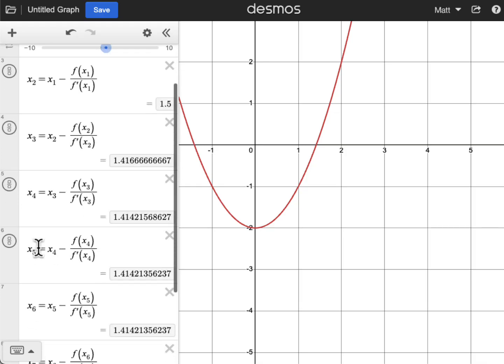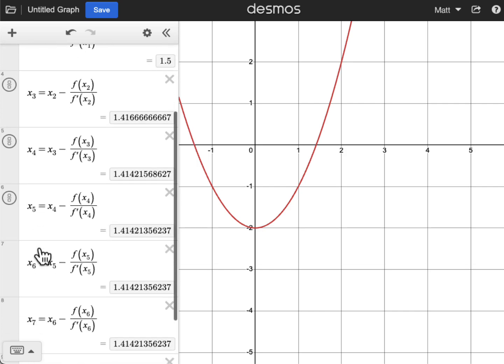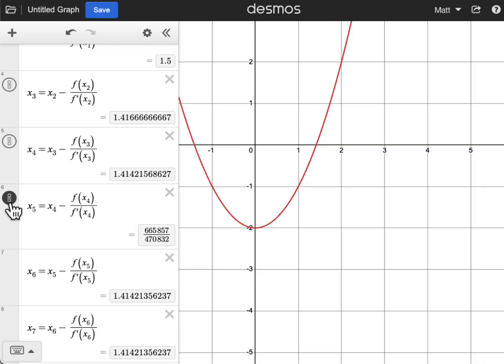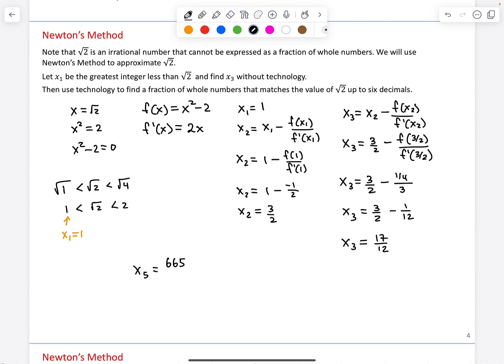And now I want to scan ahead until we see 6 decimals of accuracy. Between x3 and x4, I see changes in those decimals. Between x4 and x5, I see changes in the 6th spot, because there's a 5 here, and here the 6th spot has a 3. Between 5 and 6, I see no change to any of the decimals I see. So I feel confident that x sub 5 gives us the accuracy that we want, and Desmos is still giving us a fraction option. So our 5th x in this process in fraction form is